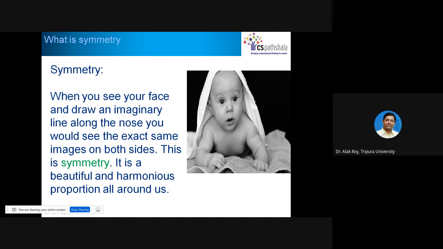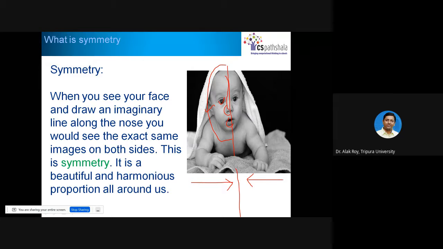Okay. So if you draw a line between, sorry, my line is not straight here. It should be a straight line. Whatever you observe here will repeat on the other side. The eyes, the ears, half of the nose or half of the lip will get repeated on the other side also. You can consider this a line of symmetry. The opposite side is a mirror image.